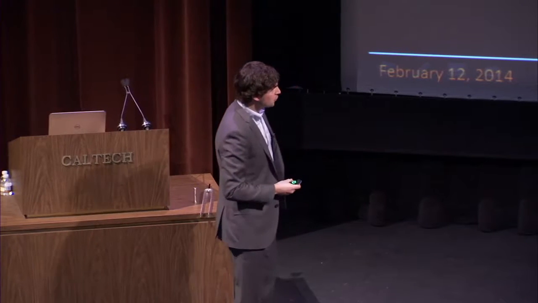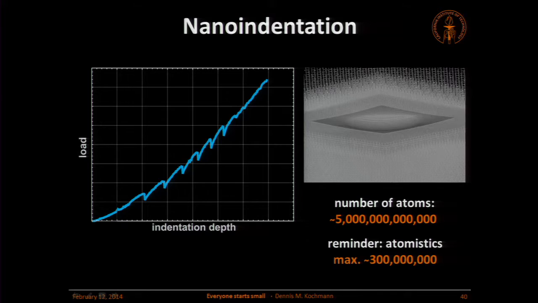And just to give you an idea for this indenter, this is where the indenter hits. Over here, we have all atoms, but as you go away, we coarse grain. We don't have all atoms anymore. We only pick a few atoms as representatives, and these are the ones that we then have in the model. The number of actual atoms contained in this simulation is on the order of 5 trillion.